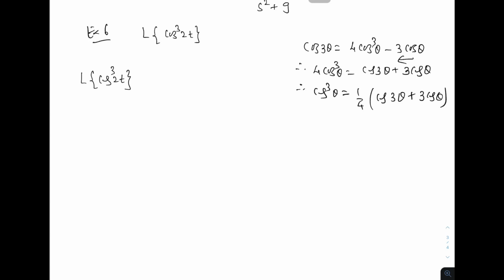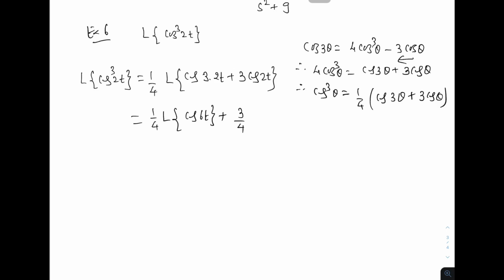So that is nothing but 1 by 4 Laplace transformation of cosine 3 into 2t plus 3 cosine 2t. So this is equal to 1 by 4 Laplace transformation of cosine 6t plus 3 by 4 Laplace transformation of